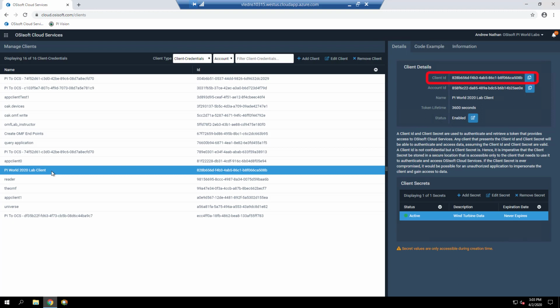The client ID can be obtained anytime for an OCS client in the Client Details section under the Details tab. But the client secret is only available upon first creation of an OCS client, thus needs to be copied immediately and stored in a safe place. However, if a user forgets or misplaces the client secret, another one can be added by clicking on the Add Secret button in the Client Secret section of the client's page.